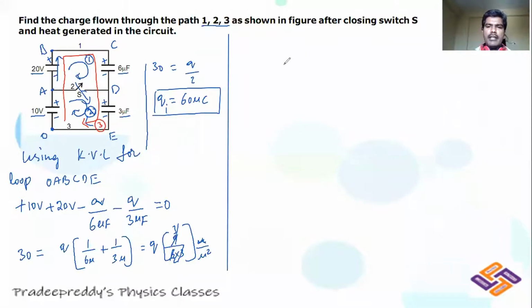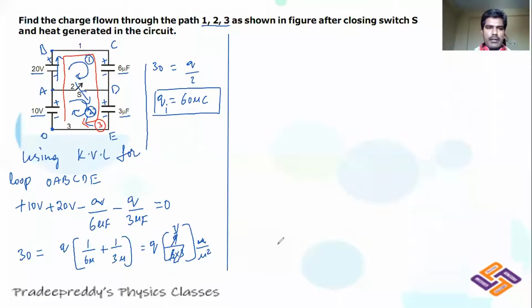Like when you are dealing with KVL, you can use 3 different paths over here. One closed path is this upper portion, and the second one is this down portion, and the total without connecting this AD will become one closed path. So you can use any of these 3 paths. How many unknowns do we have? We will be having 3 unknowns here because we have one capacitor here, 6 microfarad. In this there will be some charge passing through, right? And when it comes over here, it gets divided into 2 parts, right?